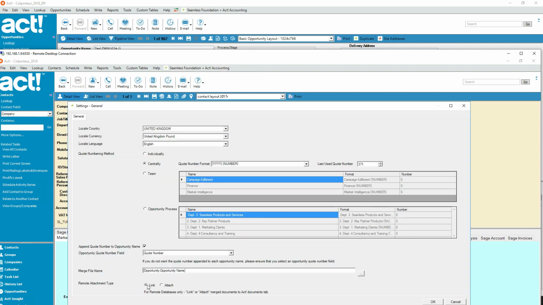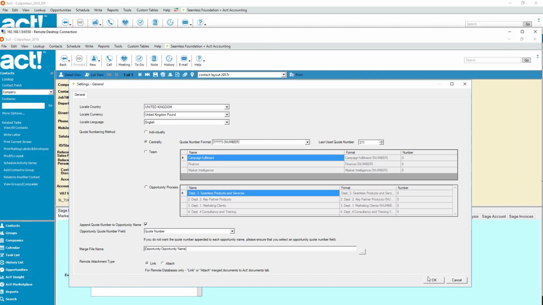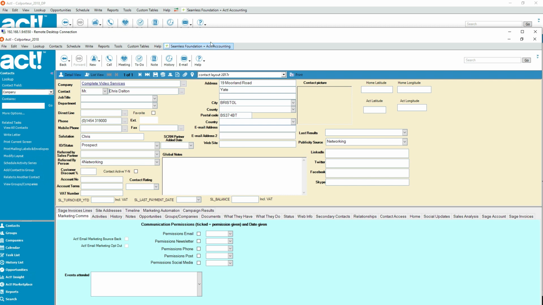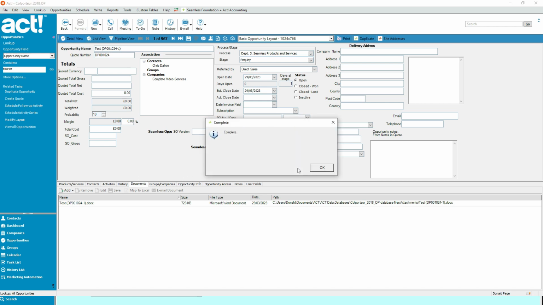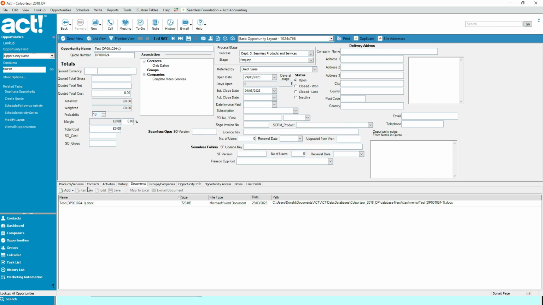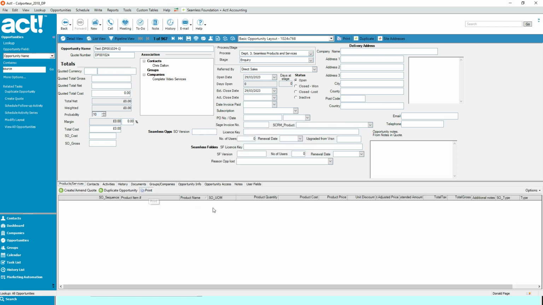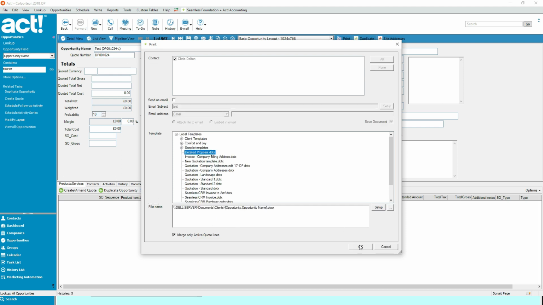So I'm going to set that back again. And here we go. I'm going to set that back to a link. And we'll do the same thing again. It saves it. And then I'll go back to my remote database, perform another seamless sync, complete, and then go back and do another merge, the same thing. Let that merge. Now this time, when it opens it,